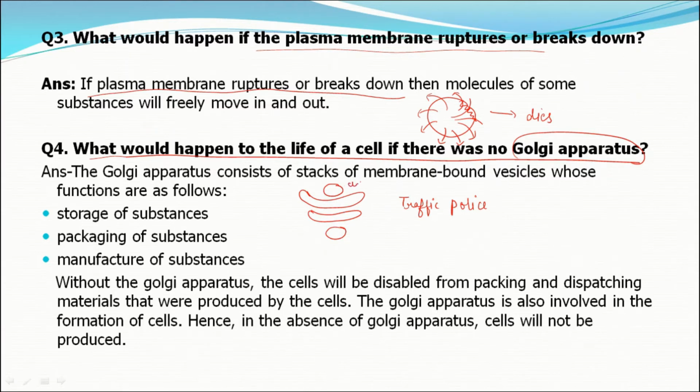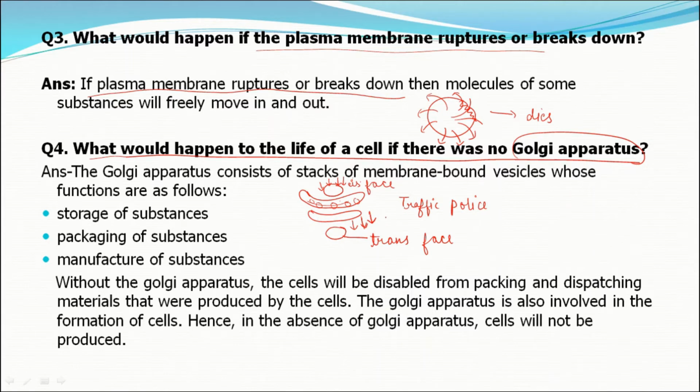This is the cis face of Golgi, which is also known as the receiving face, and it receives proteins and lipids manufactured by endoplasmic reticulum. After receiving these substances, the Golgi cisternae, these are the cisternae, store those substances, and this is the trans face of Golgi, which is also known as the shipping face of Golgi apparatus. Why is it known as the shipping face? Because it transfers the products to the target organ. Are you getting it?